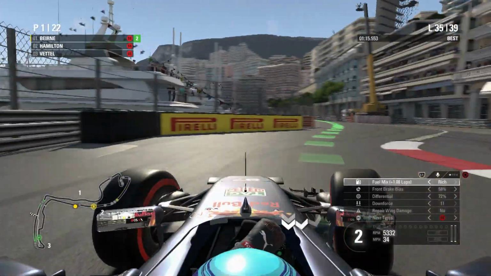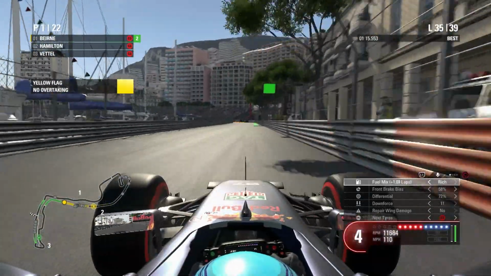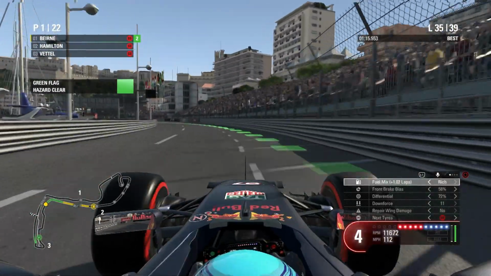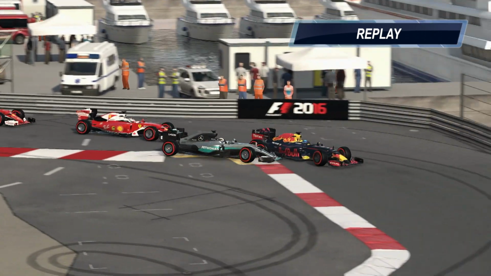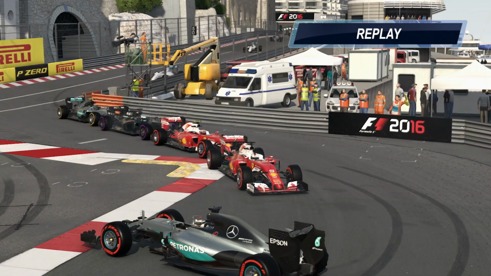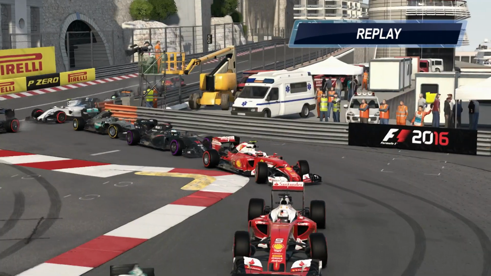And there's more contact now, and I think Hamilton's been spun out. Yes, he has. And I'm sure we'll get a replay of what's happened there. But that's given us a lifeline in this race. I'm not quite sure what Hamilton was trying to do here. As he tries to go around the outside, he cuts the corner, hits our rear tyre, spins out, and then just stops. He just parks it there, and look in the background, there is an absolute car park of cars just